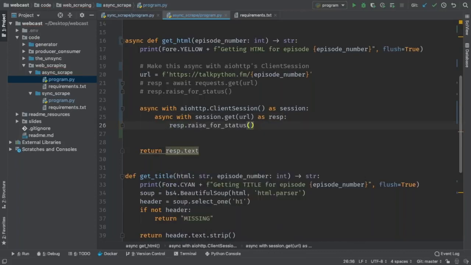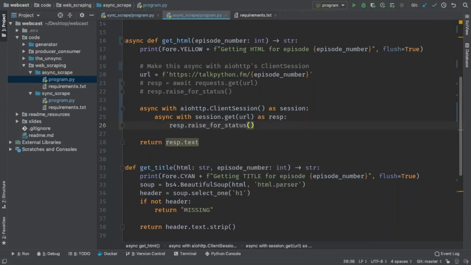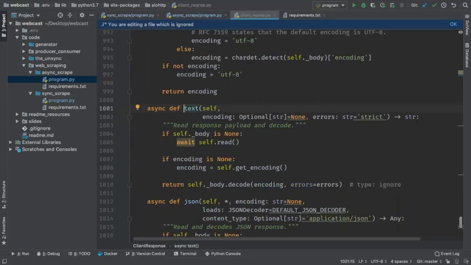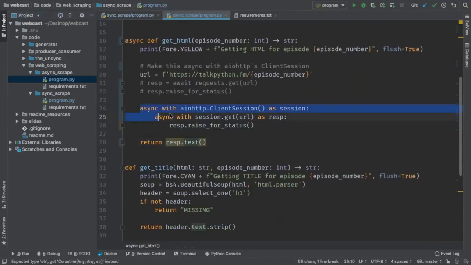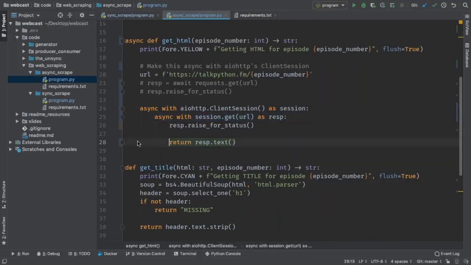And so I want to do that same code, response.raise_for_status. Oh, cool. That didn't come up before, but now it does. And then this is a function, and if you go to the definition on it, it's an asynchronous function. So there are 3 async steps here. Getting the session, there's an async begin the HTTP request. A response comes back, but maybe we haven't streamed it back from the server. And so this is reading it back from the server, and that also has to be awaited to go from a coroutine.